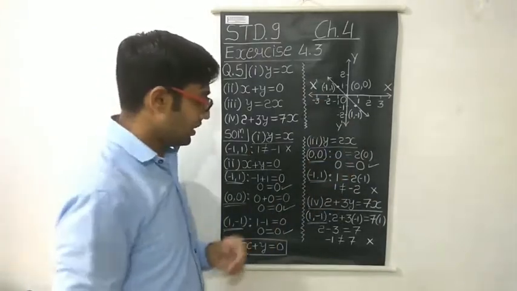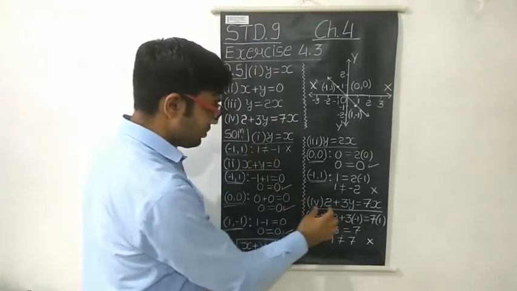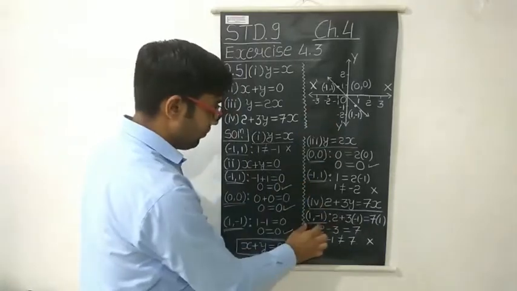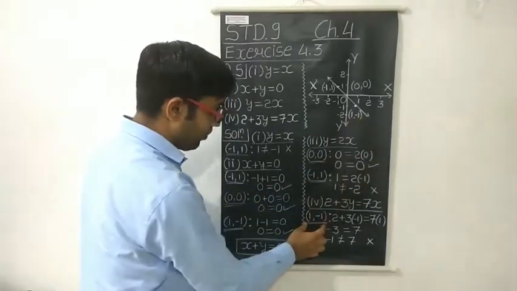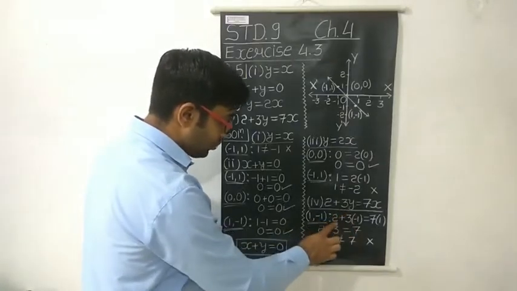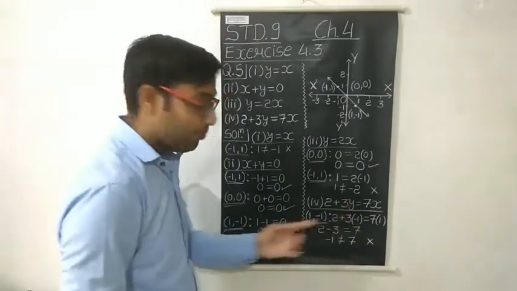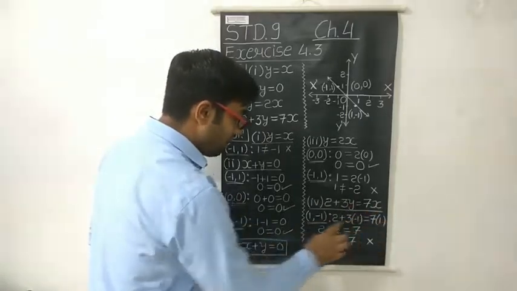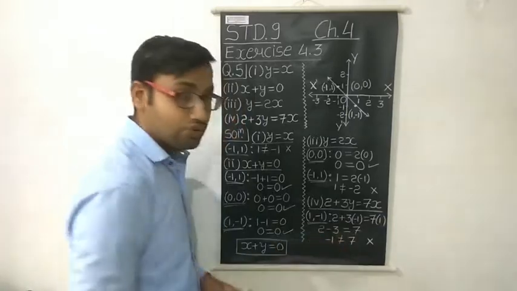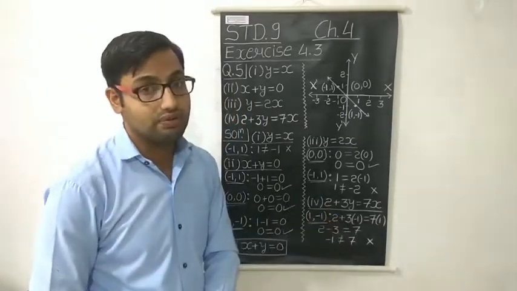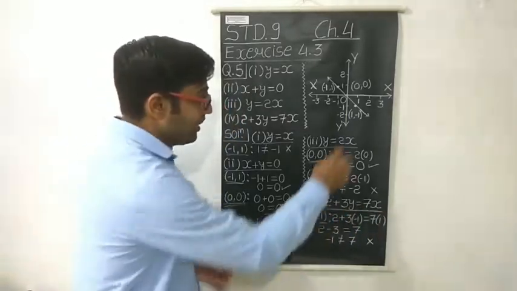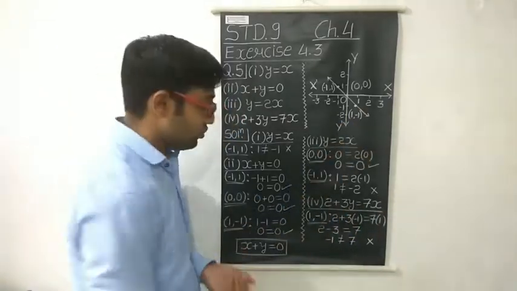Understand? Okay. So now let us check the fourth one, that is 2 plus 3y is equals to 7x. For the first point, let's check this point now, 1, minus 1. So instead of y we have to put minus 1, 2 as it is, 3 as it is. Instead of y minus 1, 7 as it is, instead of x 1. So 2 minus 3 is equals to 7, and this is minus 1. Minus 1 is never equal to 7. So again you can see that for the fourth equation also, this point cannot be the solution of this linear